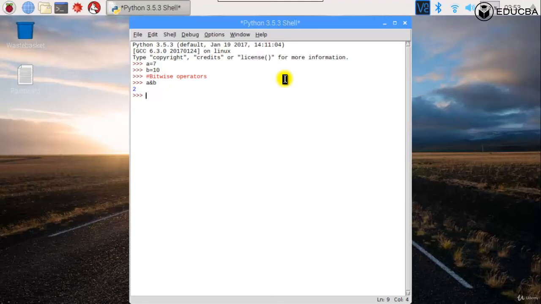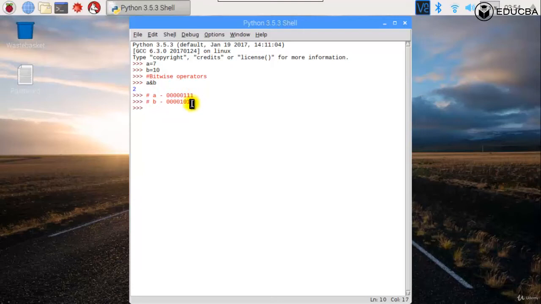A, because A is 7, I can say A can be written as binary 0, 0, 0, 0, 0, 1, 1, 1. That's the binary of A, 7, considering 8 bits each. And then, if I say B, that is 10, it's going to be written as 0, 0, 0, 0, 1, 0, 1, 0. Alright. Now, when you do a bitwise AND, with the ampersand operator, it ANDs each